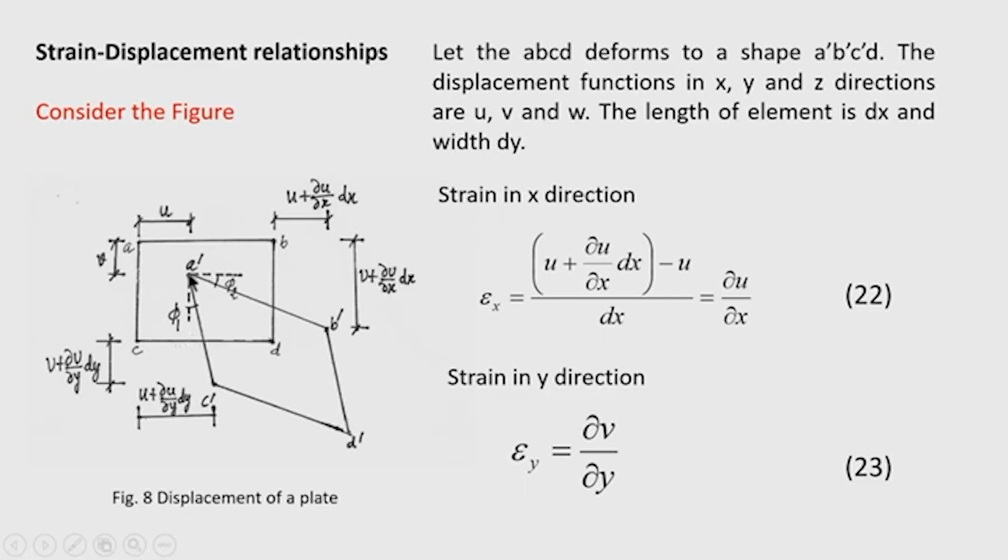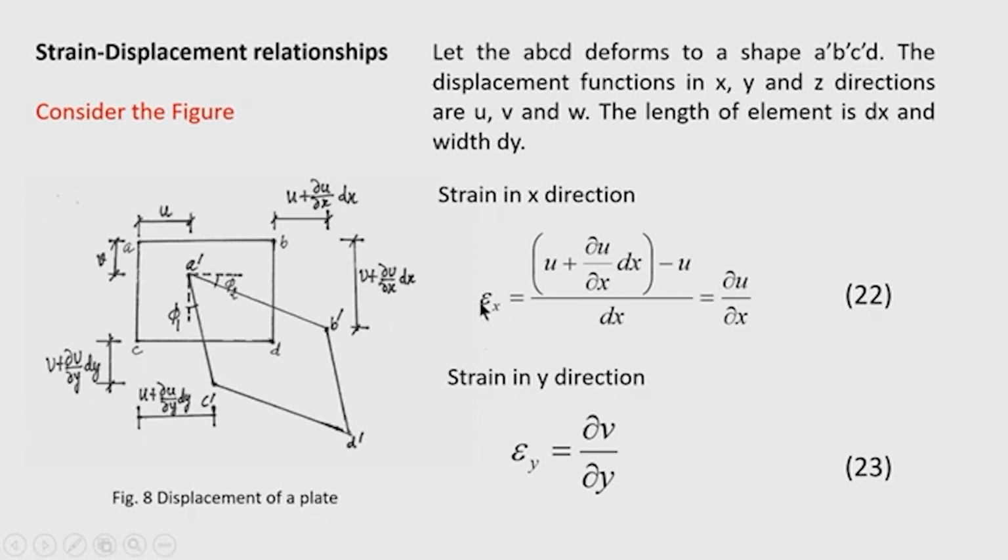The components of displacement in x and y direction of the point A' are u and v. So, strain in x direction can be written as the change in length in x direction, (u + ∂u/∂x dx − u) divided by dx, we will get ∂u/∂x